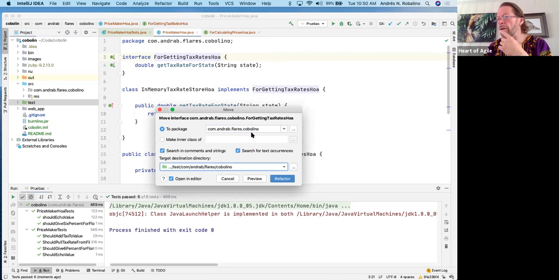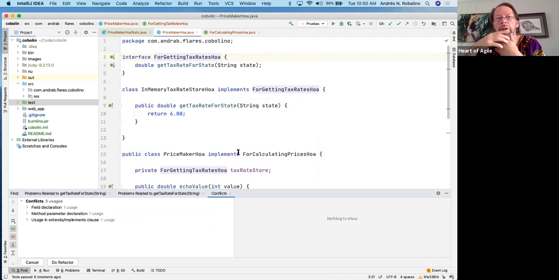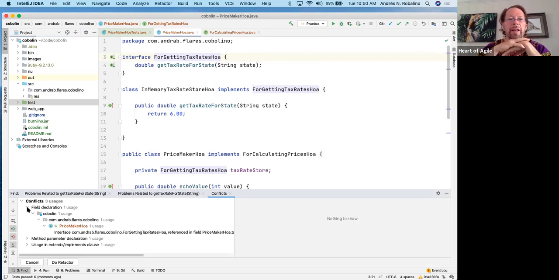Good. If we go to a third slice, instead of changing the UI, I would want to add the third function, which is get tax rate for state, which is the purpose of the app, quite frankly. So when you get ready and you feel you want to do that,